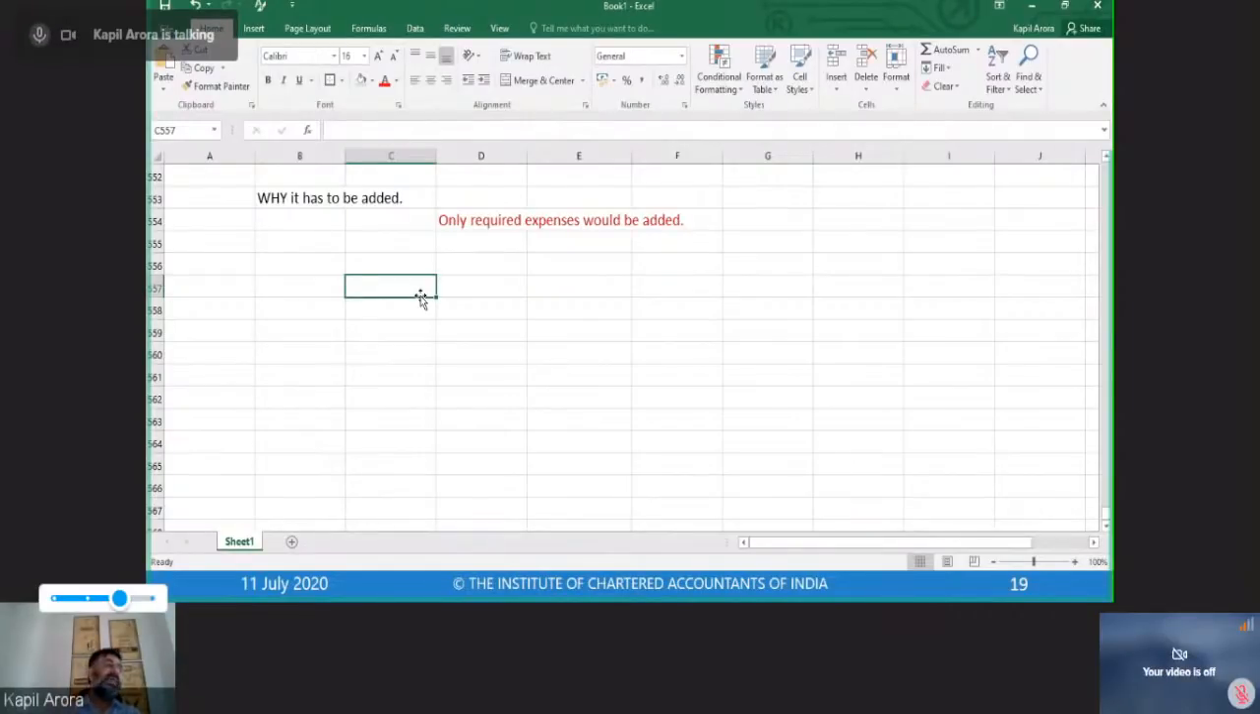Only required expense we have seen would be added. But why are we adding something which is not required today? It is required after 15 years or 20 years or whatever the period is. When it is required after 15, 20 years, why are we adding that value today? Now the answer is, if that telecom company